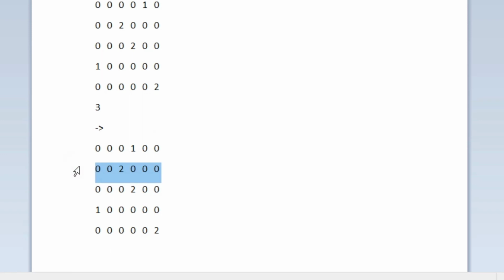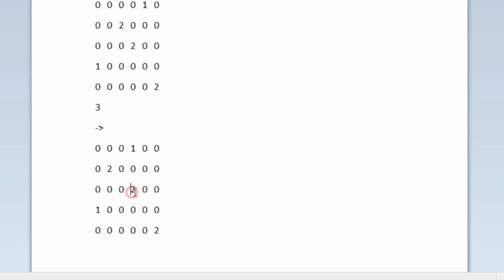And in the second row we have a type 2 robot. The robot is present at the third column. The type 2 robots initially move towards the west, and the total time is 3. So we have 2 spaces in the west direction. For the first 2 seconds the type 2 robot moves in the west direction, and at 2 seconds the type 2 robot would have reached the end. After reaching the end it should move in the east direction. So it reaches the second column.